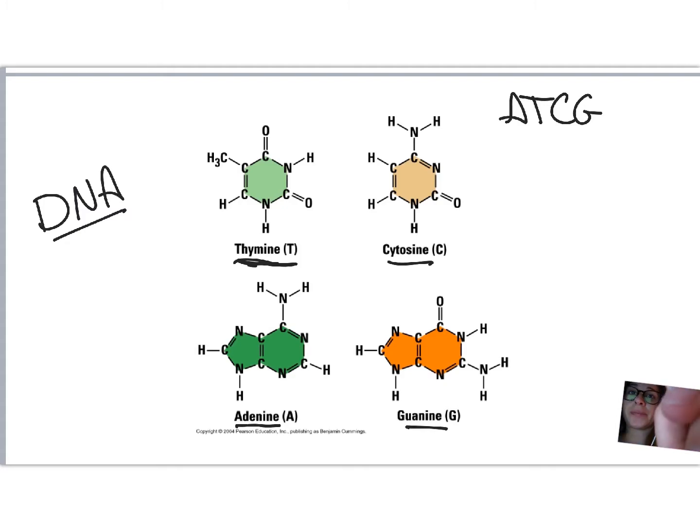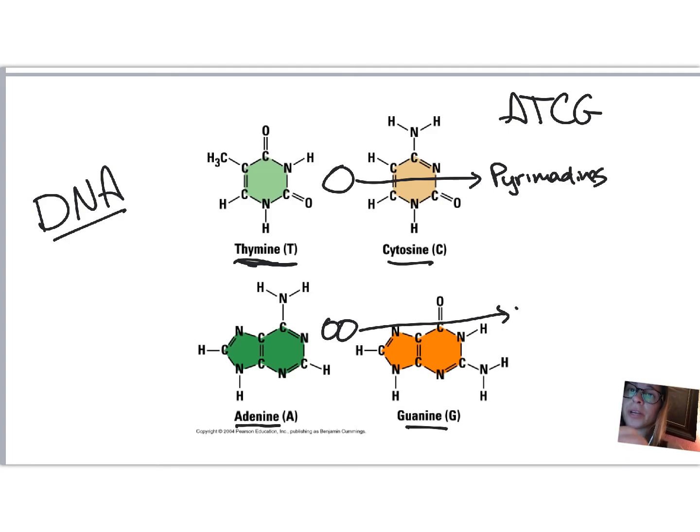All right, so let's keep going. The thing about DNA is you're going to have to know a few things about the bases. So one of the most obvious things, first off, is that some are only 1 circle big, and then some are 2 circles big, or 2 rings big. So that's important because it helps us classify them. So these that are only 1 are pyrimidines. These that are 2 are called the purines, right? So purines and pyrimidines,